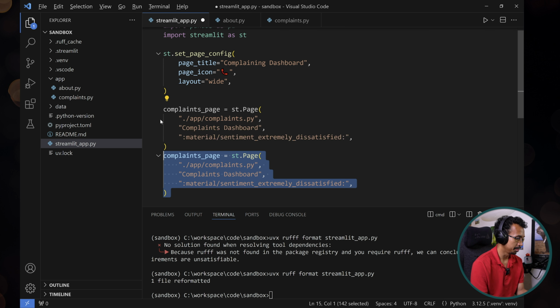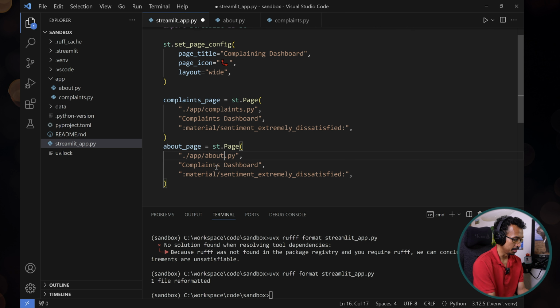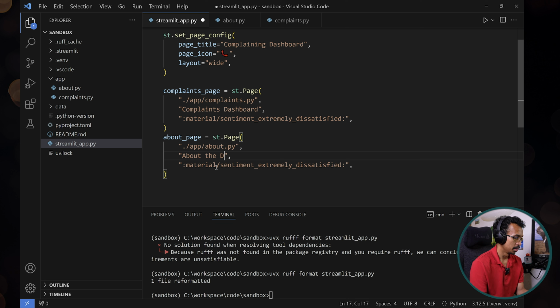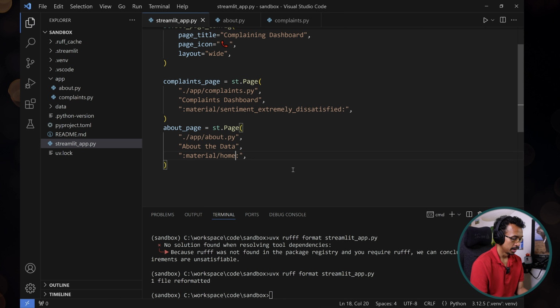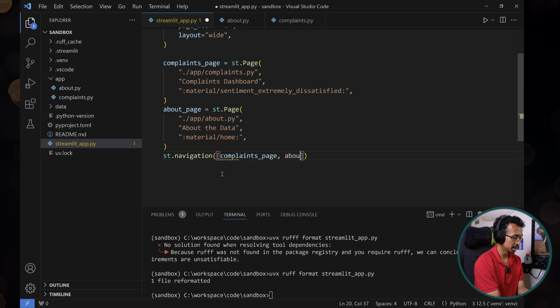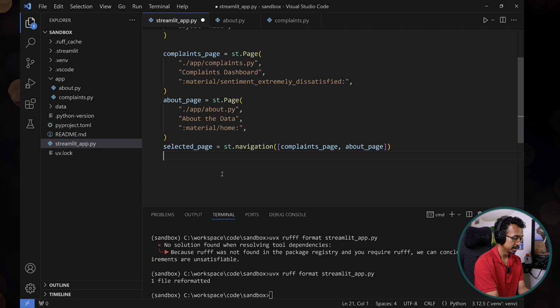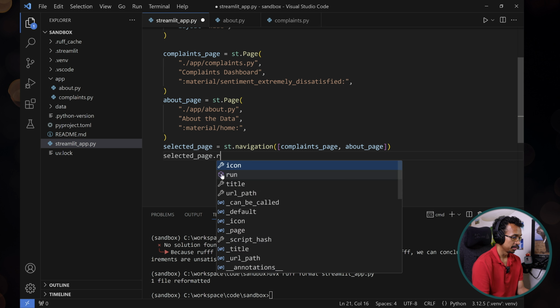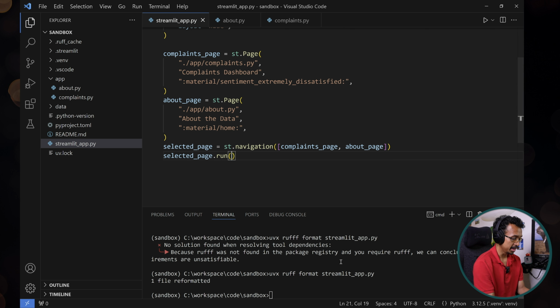And then we got a second page, which is our about page. About the data, and then let's assume home, you know. Then just like select boxes, etc., there's a navigation, and we put our array of complaints page and about page, and then it's a selected page, just like previously. And selected page, run. There you go. And I think if we uv run that Streamlit app,